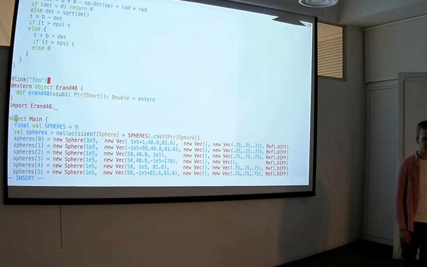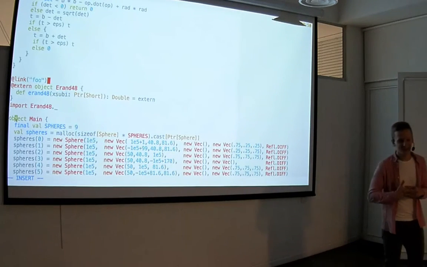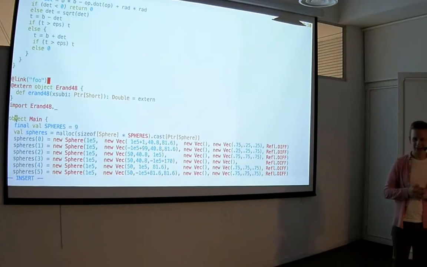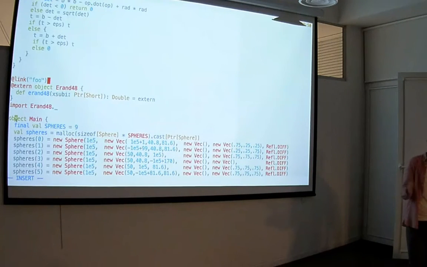So for debugging of applications in Scala Native, you're already able to use LDB. Right now it will show you assembly code, which is not completely nice. But you already are able to debug assembly code, which is not too bad. And in the future, you'll also see source position, so it will be able to show you the original source code. For example, if it crashed because you did something crazy with pointers, it will show you that it crashed right there. So it will definitely know the correlation between source code and runtime.